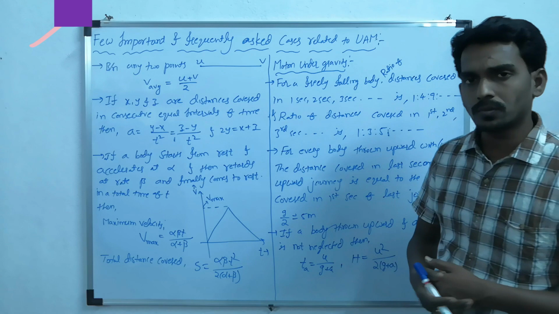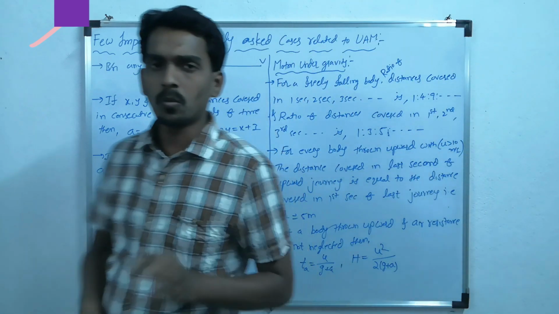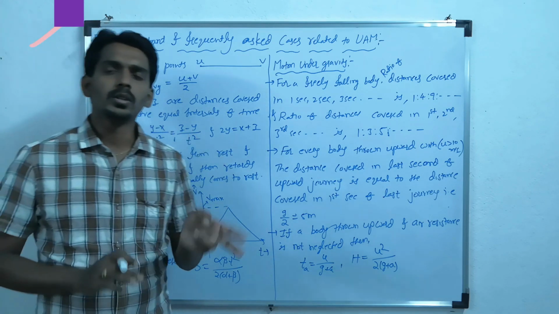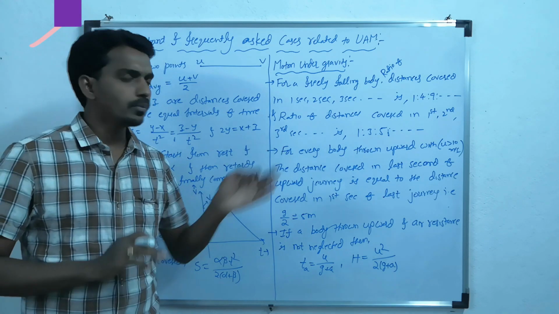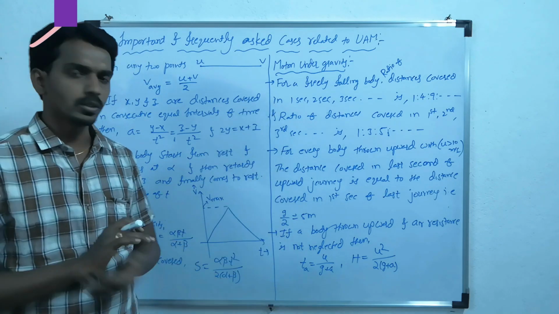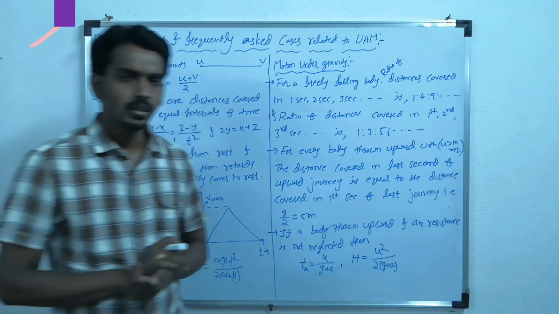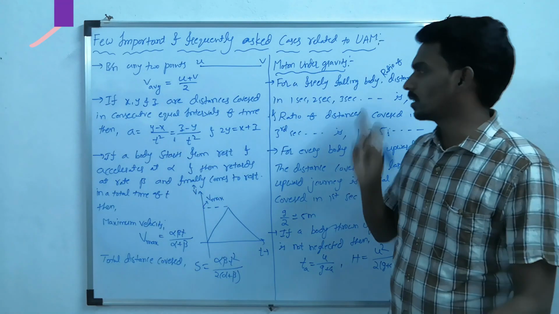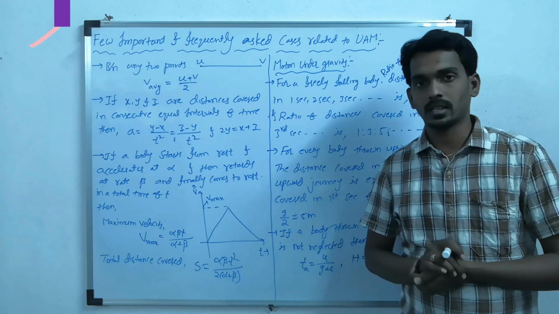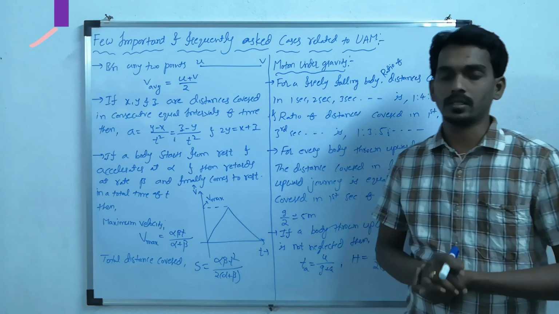But one special case we usually discuss is motion under gravity, where we will discuss two cases. One is free fall and another one is upward motion. In that, remember 2-3 points, they are also important. Not only for free fall, here the first point: for any accelerated motion with constant acceleration and starting from rest,